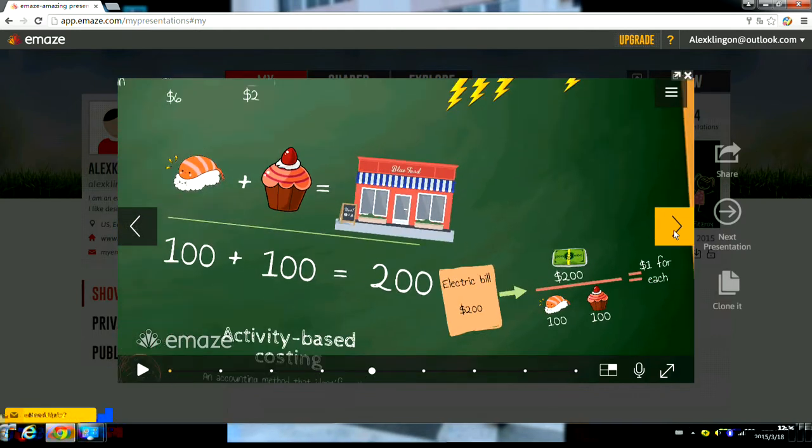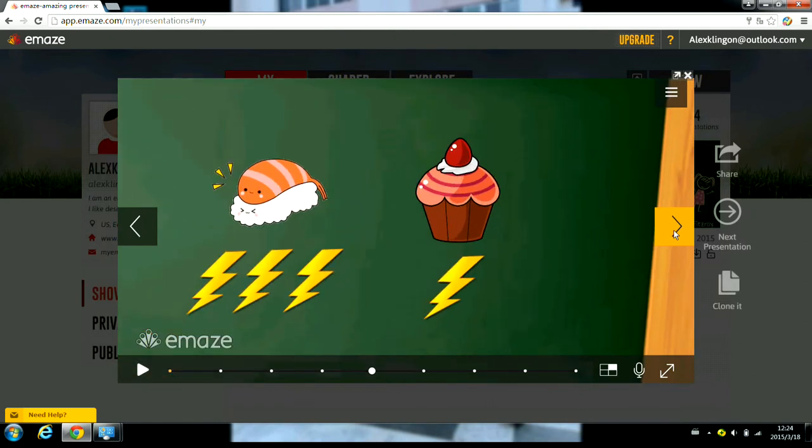But what if you use 3 kilowatt hours of electric power to make one sushi but only use 1 kilowatt hour of electric power to make one cupcake? Is it still fair to write down $1 of electric power for one cupcake and $1 for sushi? We should write down a bigger electric power cost for the sushi. This is where activity-based costing is different from traditional costing, which just divides some type of cost equally between different items. And actually, electric bills are